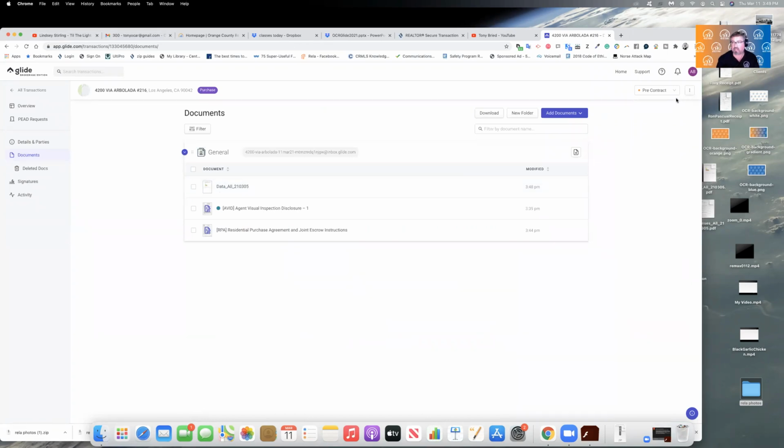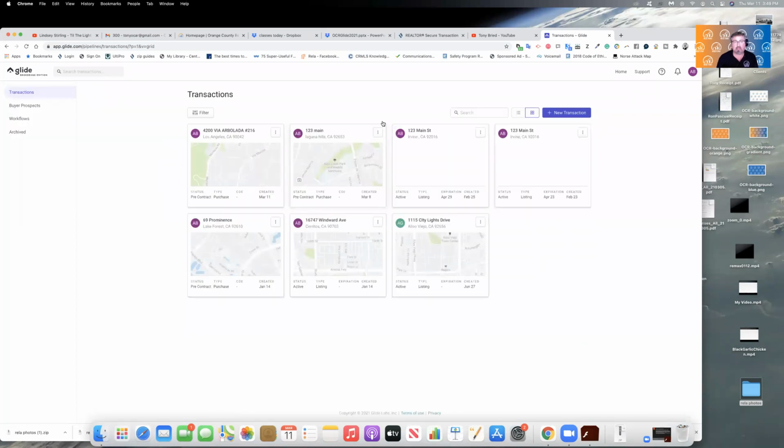Before we go over the digital signing portion, I do want to show a couple of cool things here. Templates. Somebody had asked about templates earlier. How do I create a template? When I log into, and what is a template? For those of you who don't know what a template is, basically a template is a way to be able to